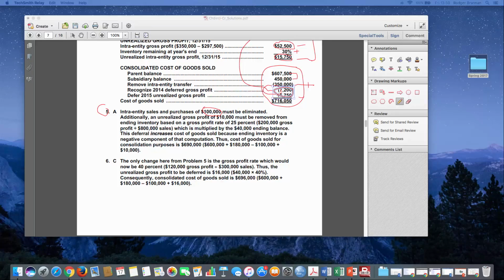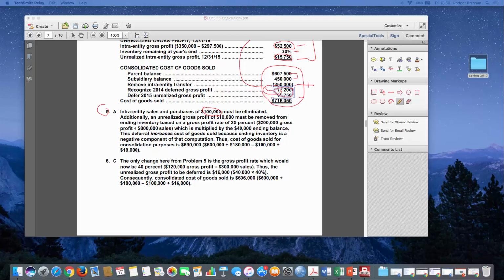Okay. Likewise with the cost of goods sold adjustment. If you take the amount of cost of goods sold for the parent and subsidiary, it's a sum of, make sure I'm reading these right here, the 600,000 plus 180,000 gives you 780,000. But I must subtract out the $100,000 of cost of goods sold from that because of intercompany sales, which takes me back to